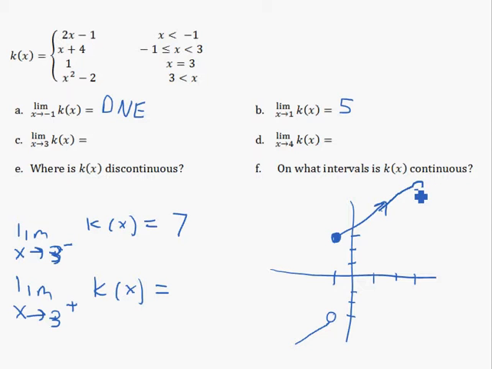I don't know what happens after it gets there. So this is 3, 4, 5, 6, 7. Okay, I don't know what happens once it gets there because it says stop at 3. Okay, it doesn't equal 3, so we just stop. There's an open circle on that graph. And it tells me at 3, this graph equals 1. So at 3, the function is 1. That's a dot there. And then when x is greater than 3, we're on this function. Well, this thing starts when x is 3, which is 9 minus 2, which is 7. But it does not equal 3, so it'd be an open circle, and then it's a parabola going upwards like this. Okay? So that's what this graph looks like. A very rough sketch, but that's what it looks like.